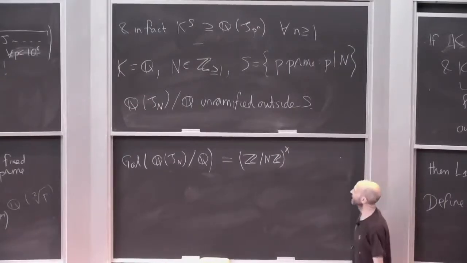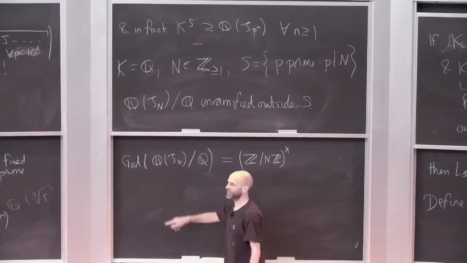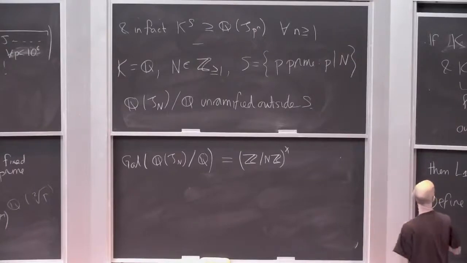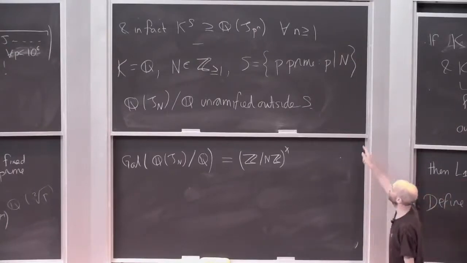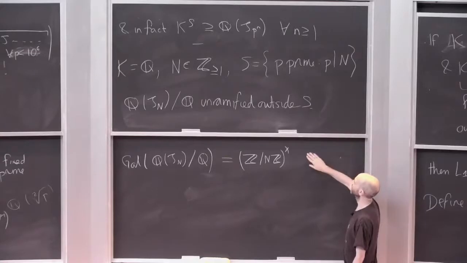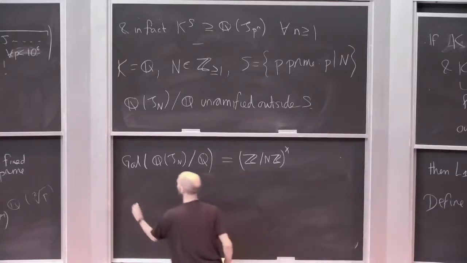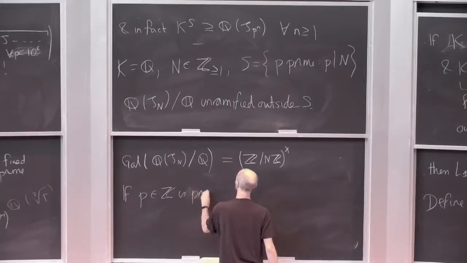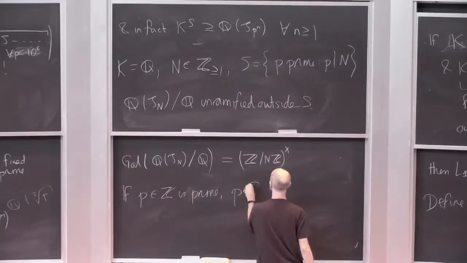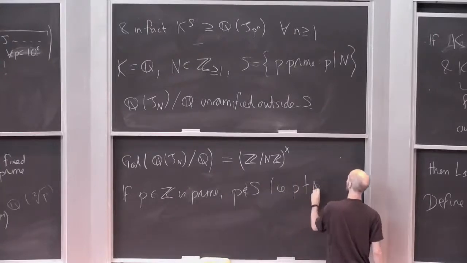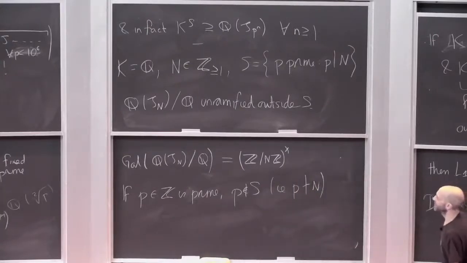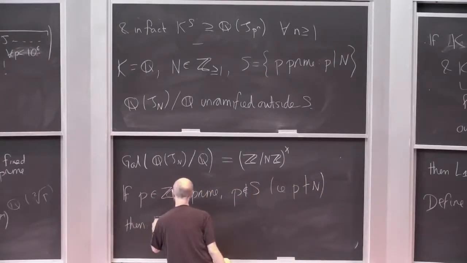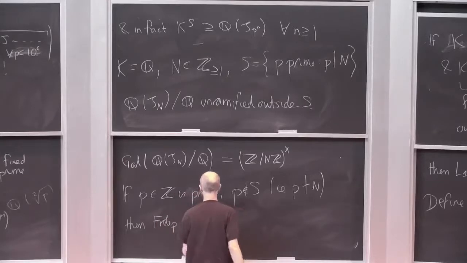So while we're here, why don't we work out some of these? I wasn't going to do examples. Examples are supposed to be in the review session at 4 o'clock. But while we're here, why don't I just do this example? We have some dictionary now. This example is unramified outside n. So if p in Z is prime, and p is not in S, i.e. p doesn't divide n, then there should be a canonical conjugacy class. Then Frob_p is some kind of canonical